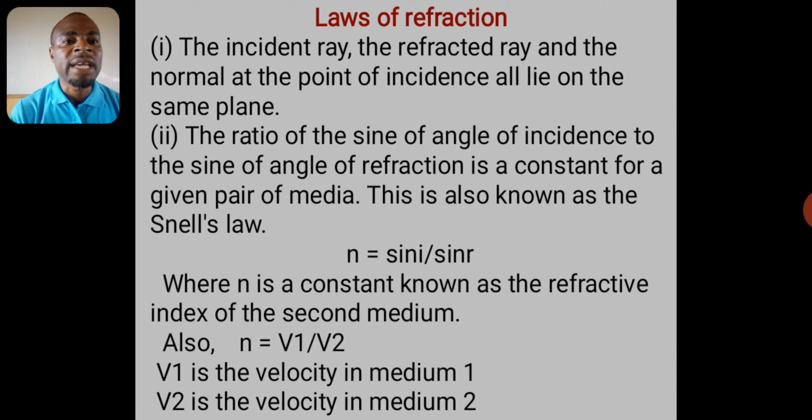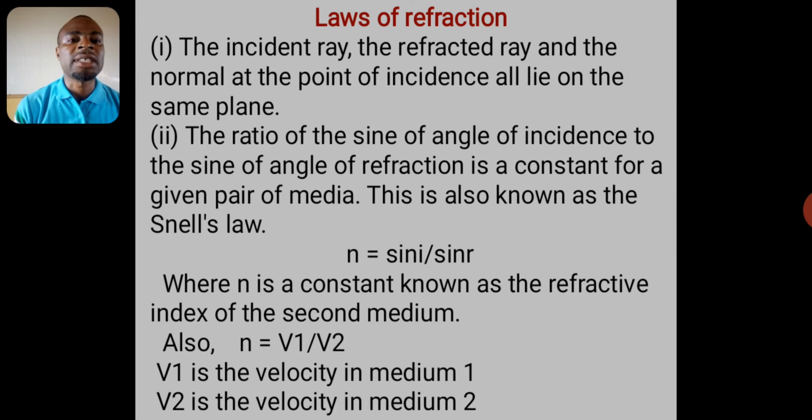The ratio of the sine of angle of incidence to the sine of angle of refraction is a constant for a given pair of media. And this second part of this law is also called Snell's law. Mathematically, we have an expression for that. n is equal to sine i over sine r, where n is a constant known as the refractive index